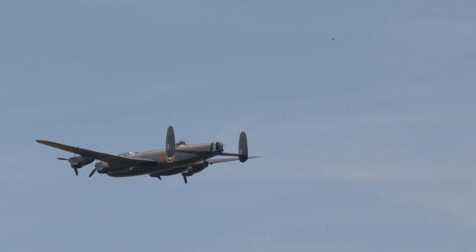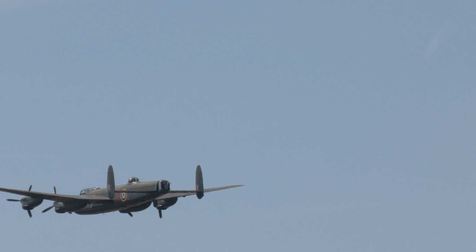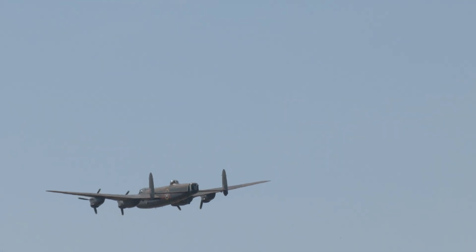Just on a further view, that is an absolutely gorgeous sight with a beautiful blue sky in the background today. If you keep your camera to the left-hand side, you will see